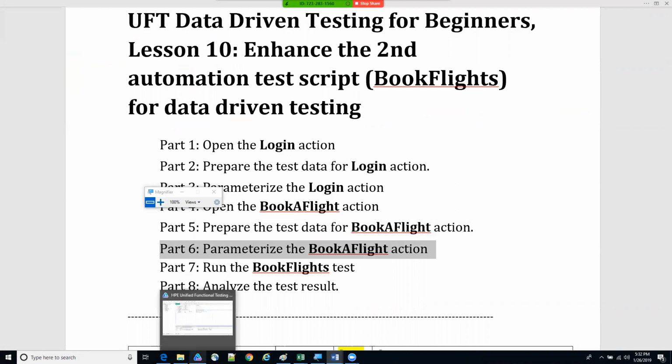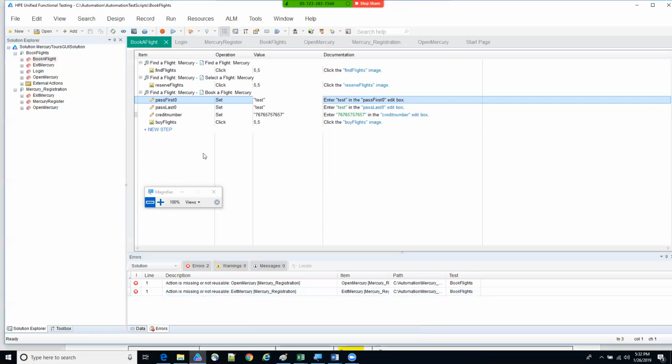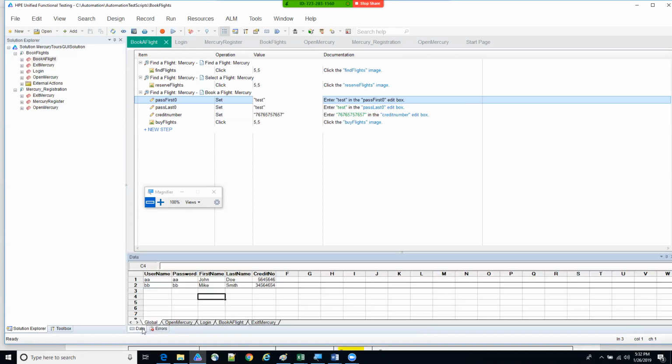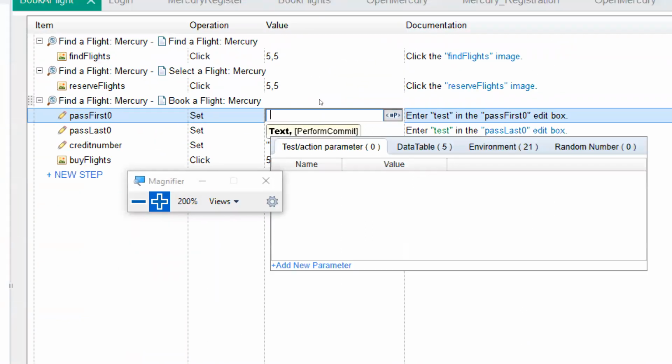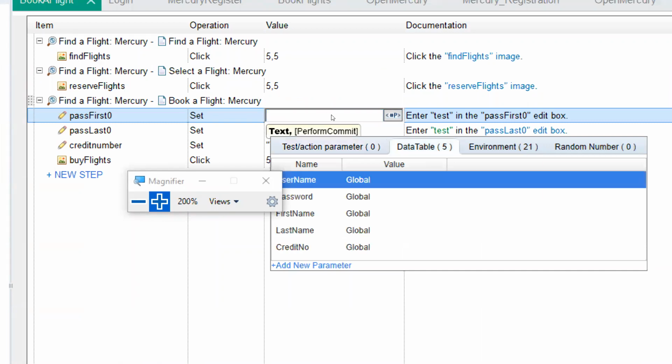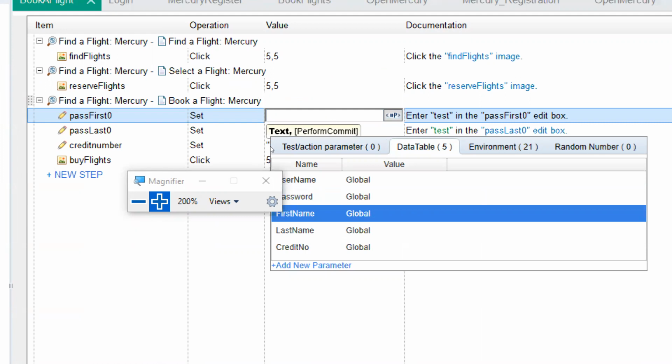So now that I prepared the test data, as you can see, I still have hard-coded data. So let me remove this hard-coded data and point to the data source. You can manually delete that, it's okay. If not, that's okay too. Just click this parameterization icon right here, click data table, and where this is first name, I'm going to select first name, double click that,